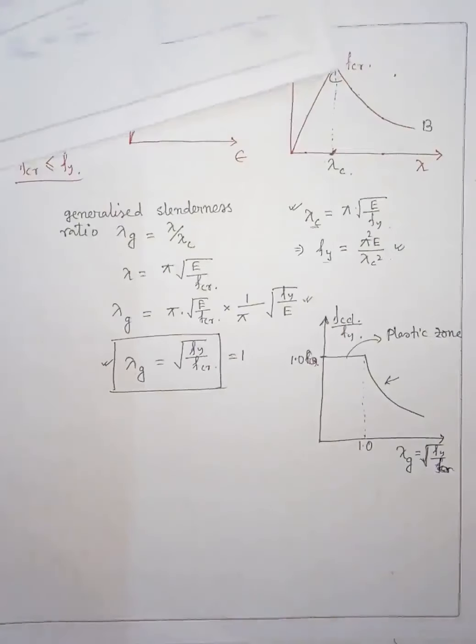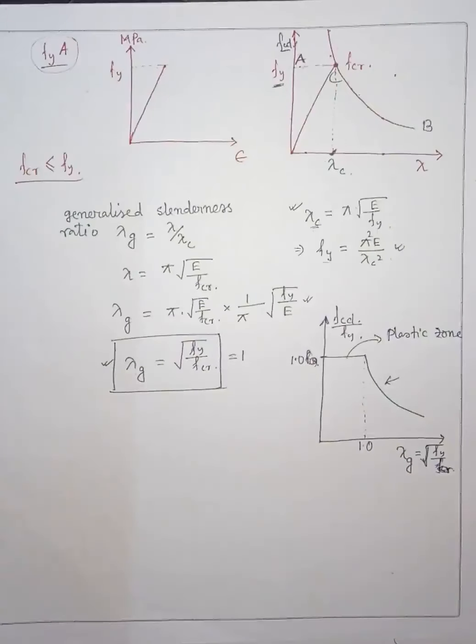Okay, and this curve is basically for standard conditions. So what is standard conditions? Standard conditions means the column should have no imperfection. Okay, it should be perfectly perfect. It should be absolutely perfect material, and the load should perfectly be concentrated at the geometric CG of the geometry. So there should not be any eccentricity, and there should not be any deviation of the standard support conditions. Okay, so these standard conditions we cannot get in our practice.